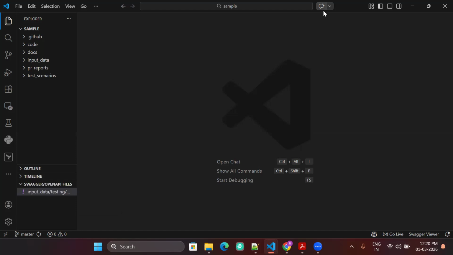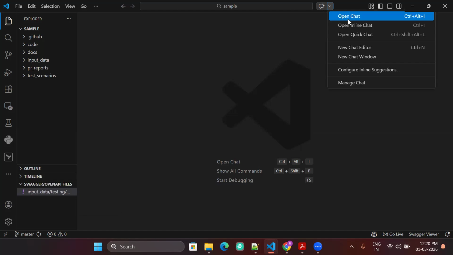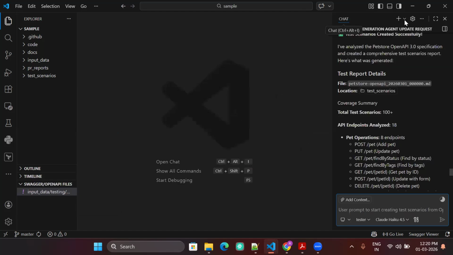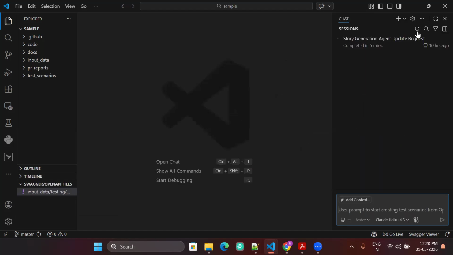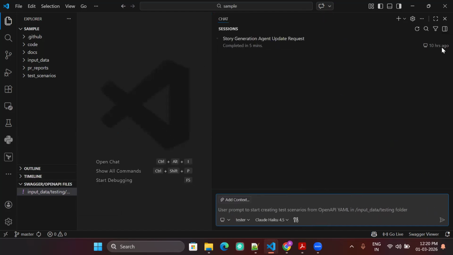Then you will start to see something called chat here. And then I will show you how to use this chat. First, I will show you how to use Copilot. I don't know if you all have experience using this. Has anyone used Copilot till now or not? Any hands?